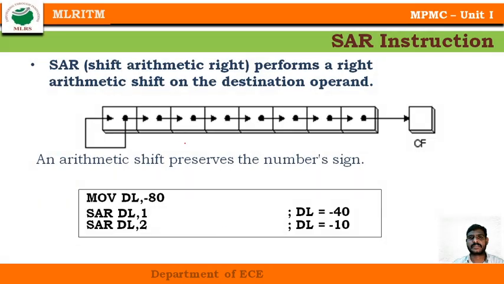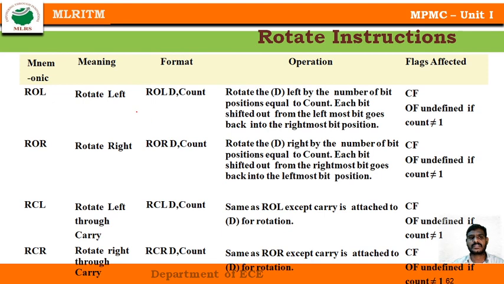Arithmetic shift, as we said, is nothing but the newly empty position being filled with the same number. That is what happens. In the logical shift operation, it is shifting and carrying. These are the various rotate instruction sets as we have seen previously, with the carry flags and the effect on the flags mentioned here.